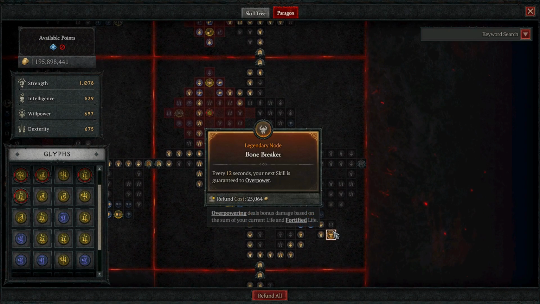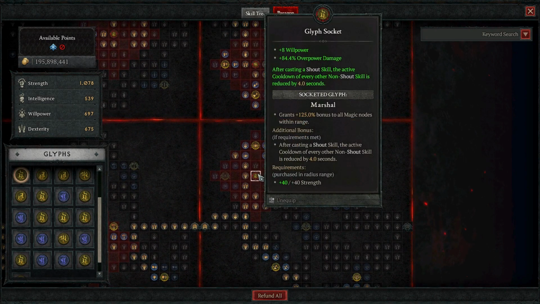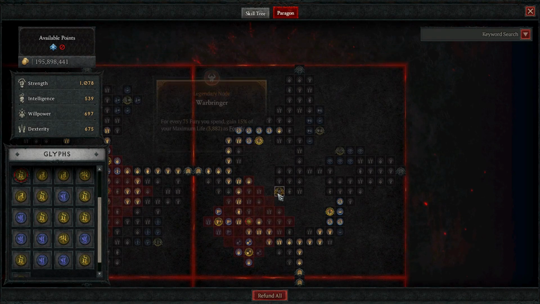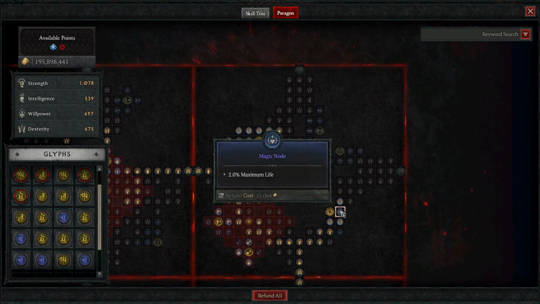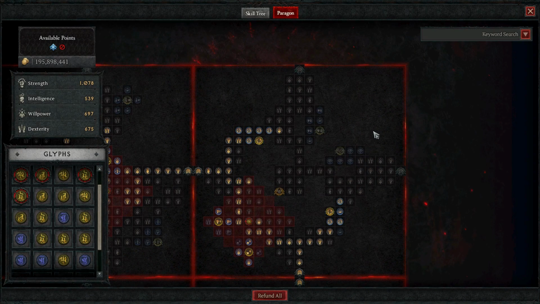Next, we go to the Bonebreaker board, grab the legendary node, and then socket the Martial glyph. This glyph will help us reset both our charge and Wrath of the Berserker. After that, we go to the Warbringer board. Here, we want Dominate glyph for the increased overpower damage. We also have a bunch of maximum fury nodes here